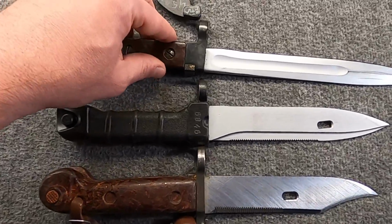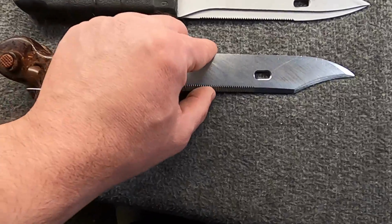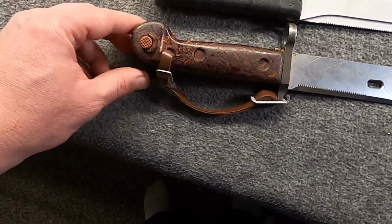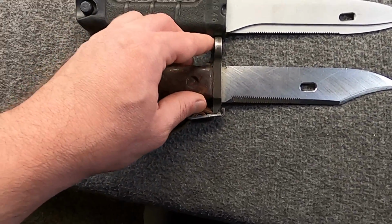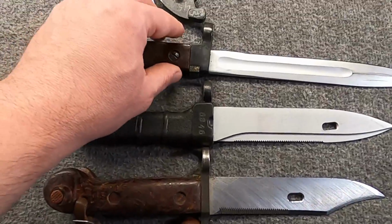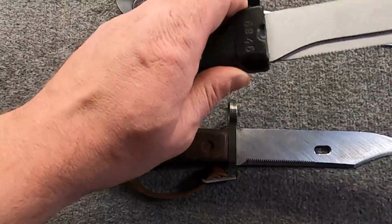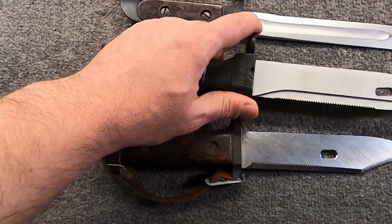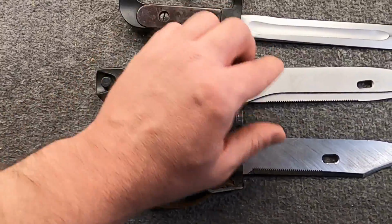See what I mean about the earliest one and the most recent one being a little more similar than the AKM, AK74? This was definitely more of a utility knife that was a secondary bayonet, which is not a bad thing. And this was definitely much more of a bayonet than anything else. This is still very much a utility, multi-purpose, but maybe a little bit more angling towards being a fighting knife / bayonet than previous